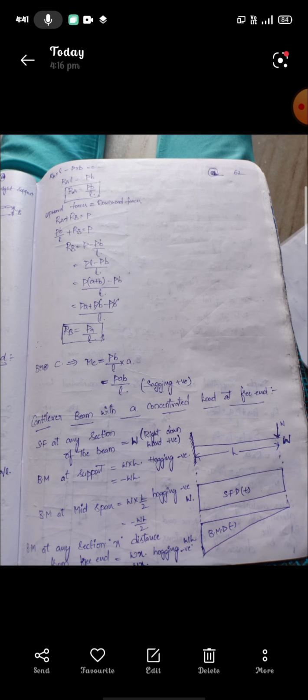That is the simply supported beam with eccentric point load, shear force and bending moment values. So coming to the cantilever beam: cantilever beam with concentrated load at free end. The concentrated load W is located at the free end, and one end is a fixed end. L is taken as the length of the beam.